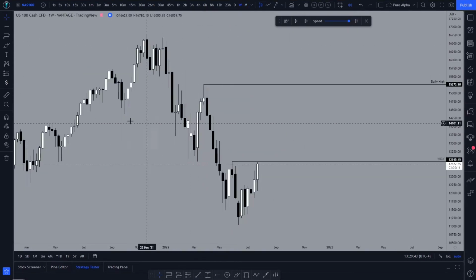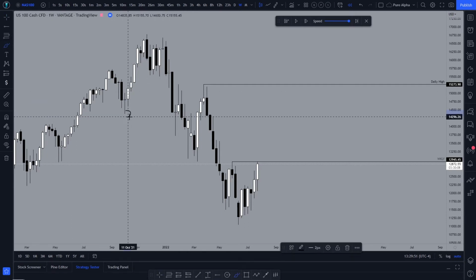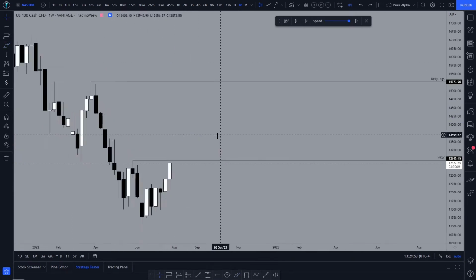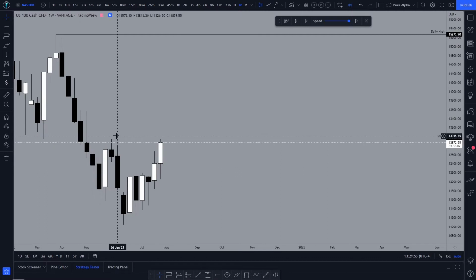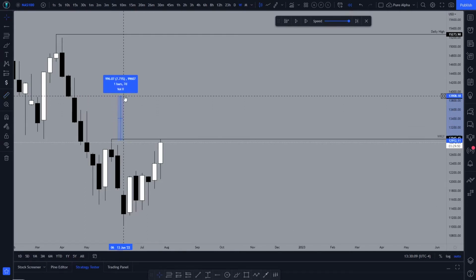On the weekly time frame, you can tell that we're liquidating a lot of lows over here, right? We're taking out the structural level, putting price in overall bearish type of momentum. Now we do have this level here that, just for the future for anyone watching this video, I'm waiting to see what happens at this specific level. If price breaks this level, then I think NAS100 has more room to the upside, right?